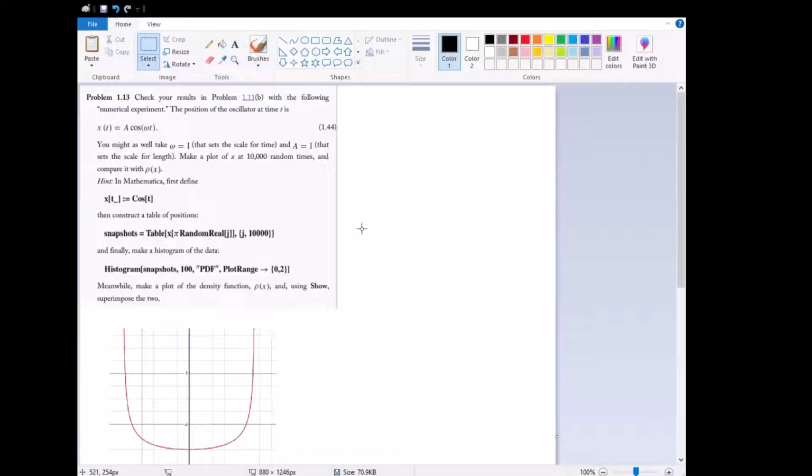probability density for a simple harmonic oscillator, and we want to do the following numerical experiment where we define the position of the oscillator as a sinusoidal cosine function. From this point, we take omega and a to be equal to 1 for simplicity, so we get x of t equals simply cosine of t, and then we want to make a plot of x at 10,000 random times and compare the occurrence of given points with the probability density function, and we're going to be doing